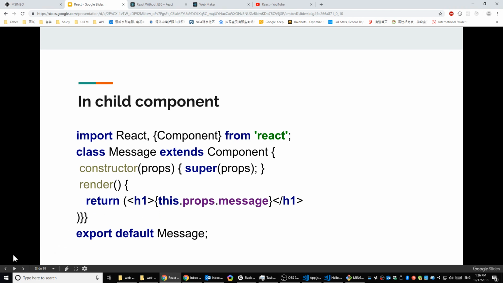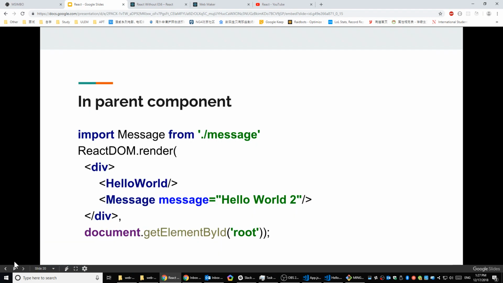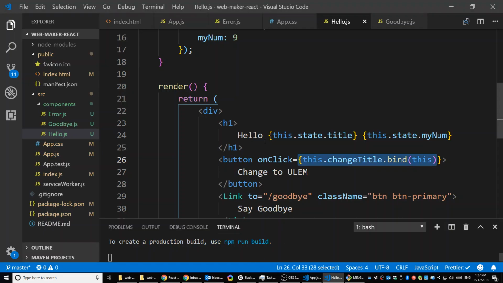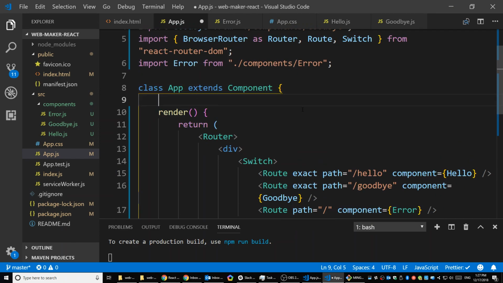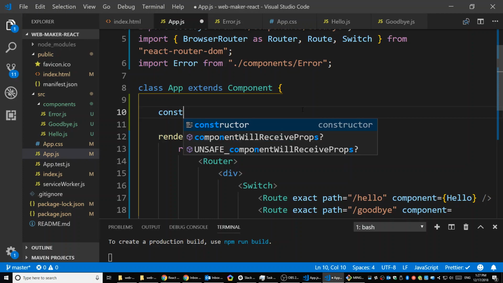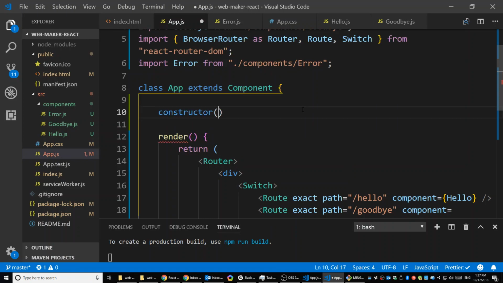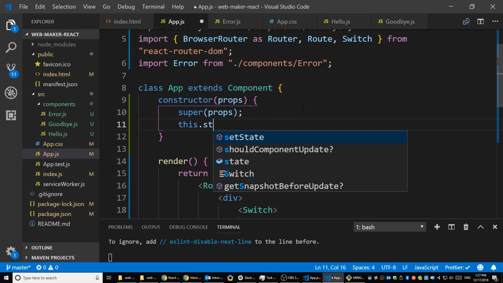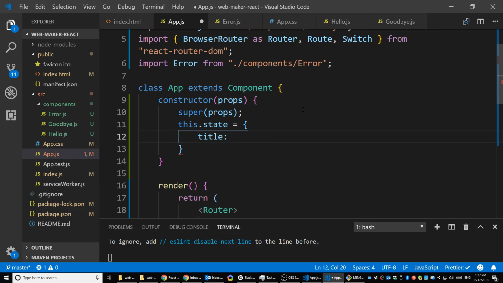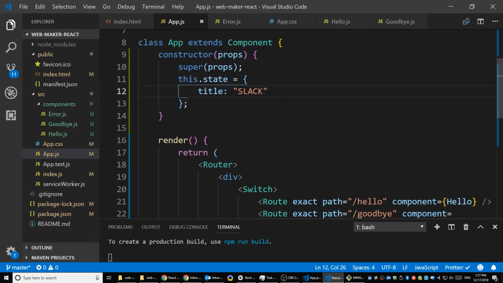So here I have some example code. You can take a look, but I'm just going to show you the example we have here. So for example, here is my app.js. I can have a state here. Let's have a constructor, props, super props. This state is equal to title. Let's have the m symbol here. Actually, let's use another example, like a stack, right? Let's have a title stack, and if I want to send this,